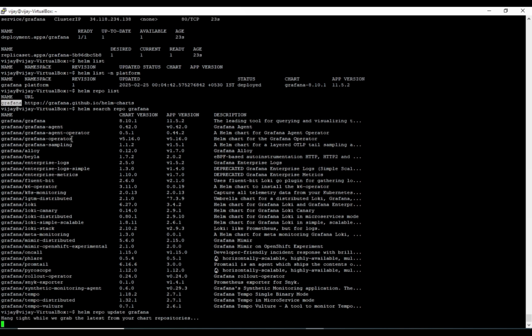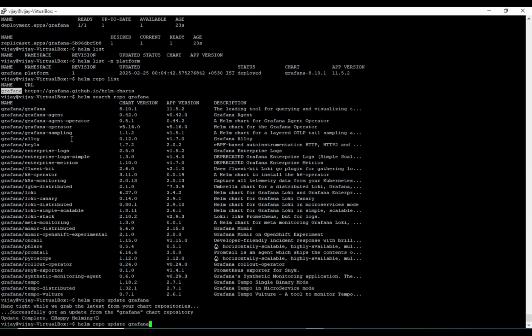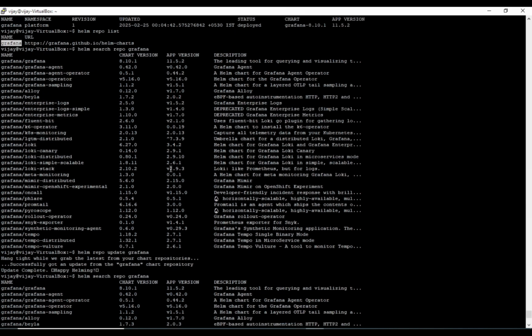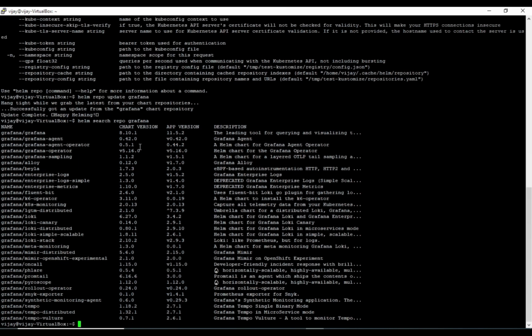Let's update this particular repo. Now that I have updated the repo, let me search it and see if any latest charts are available. Let's assume that it has changed from 8.10.1 to 8.10.3 and from 11.5.2 to 11.5.7. In that scenario, since we have already used helm install to install it,